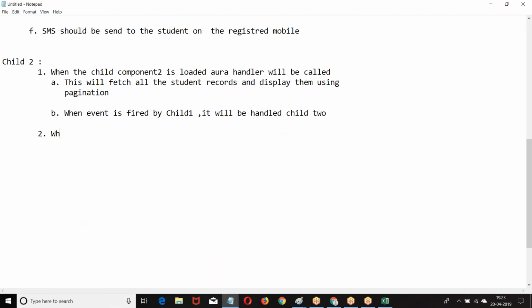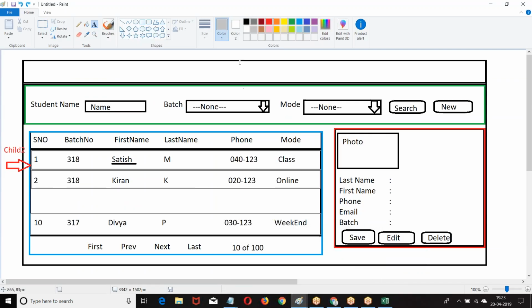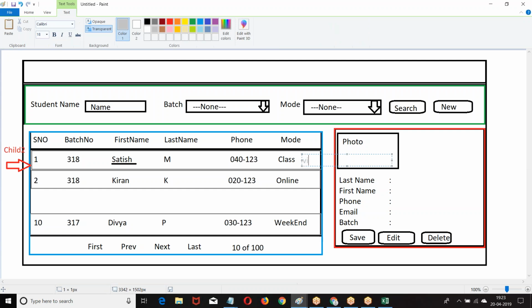What was this? When we select any one of the students, click on the record. If I want, I can also give view here. So to make it simple for you, I'll give a button here so that it will be easy for you. View. I will link call view. When you click on this view,